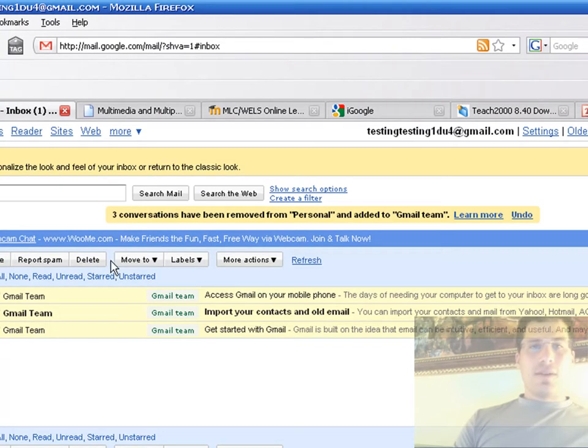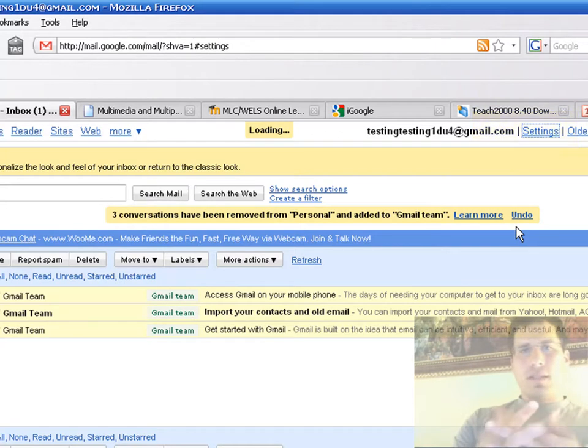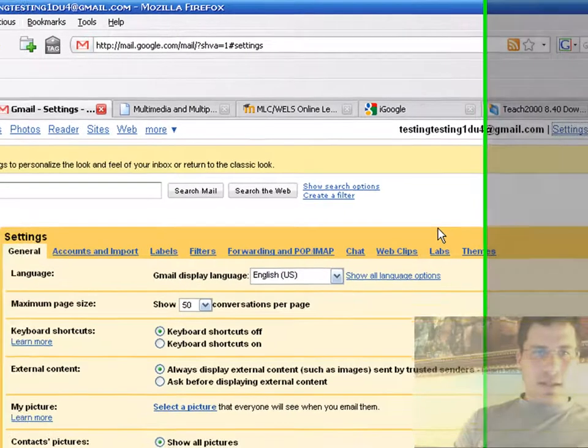Perfect. There's a whole bunch of other things that you can do to personalize your Gmail account also. Go over here to settings. And it should load up here. Things are going really slow for me today. I wonder if I should just back this up. But